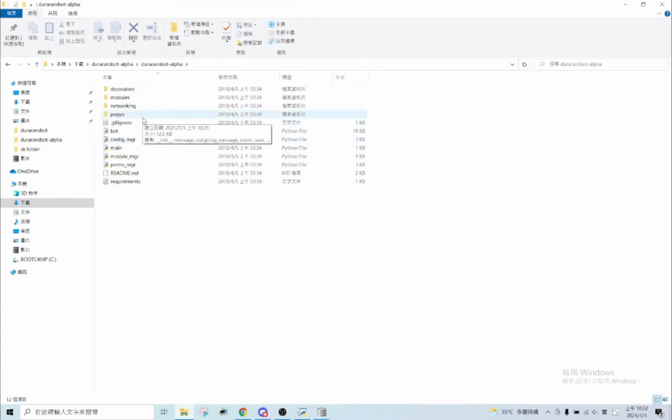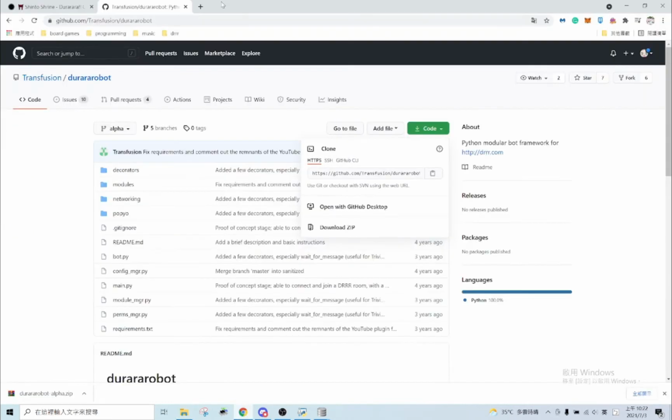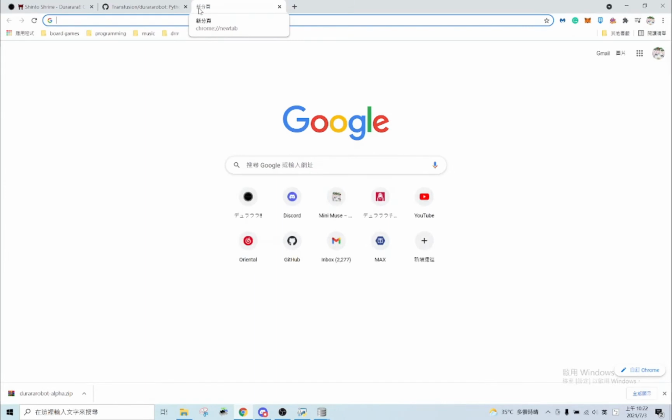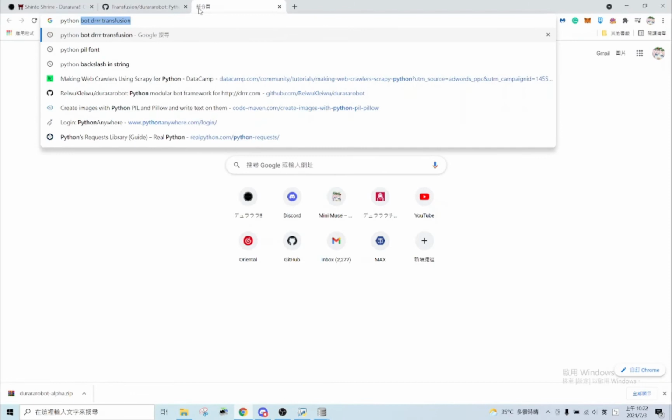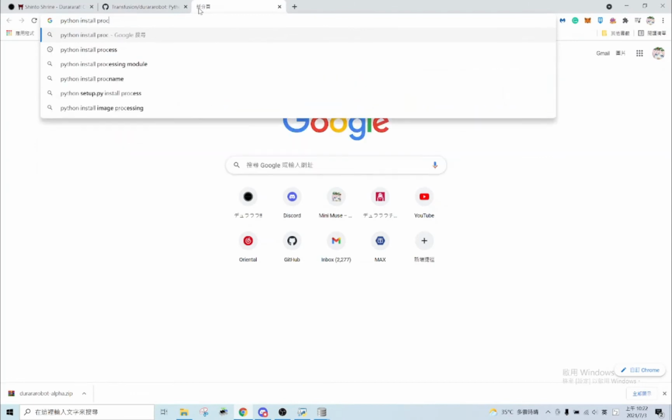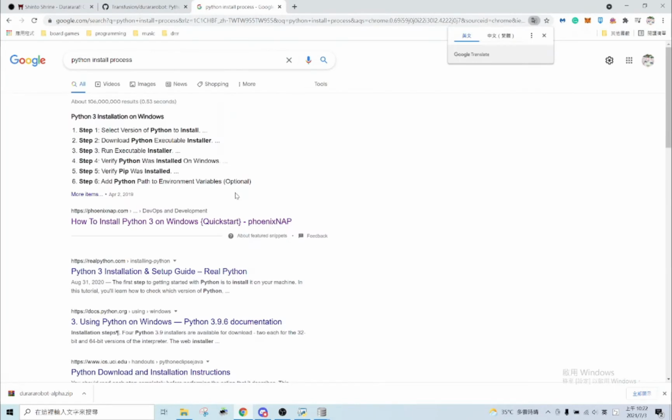So the next thing you want to do is download Python. Right now I have Python 3.8 installed, but you can download the newest version if you like. There is something you need to notice before, when you install it. When you install Python, you need to take note of